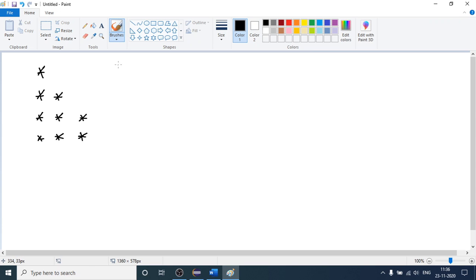Okay, so again we are going to use the same approach which we have discussed in the first lecture. First of all, I will count the total number of rows. This is the approach we are going to follow in each and every program. Count the total rows. Here you can see the total number of rows are 1, 2, 3 and 4. So write the number here. And the total number of columns are here